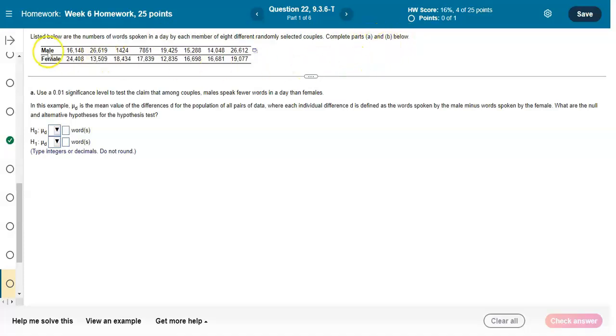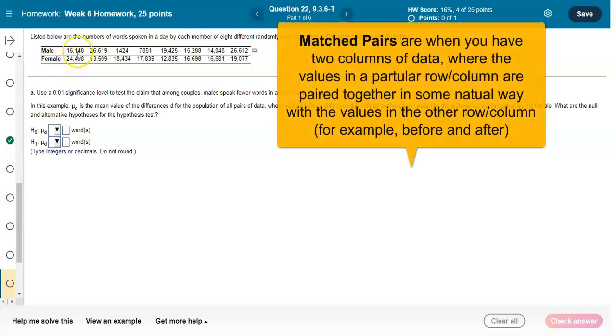So here we have a table or a group for males and then another group for females. And what we need to understand here is that the numbers in the same column for the male and female are paired together because this is from the same couple. This man who spoke 16,000 words is paired with this particular woman who spoke 24,000 words. That's important because that's going to help us know what are the appropriate values and formulas to use for this